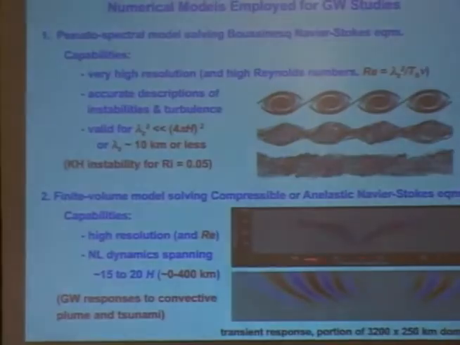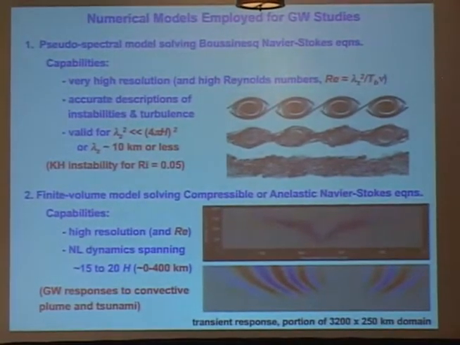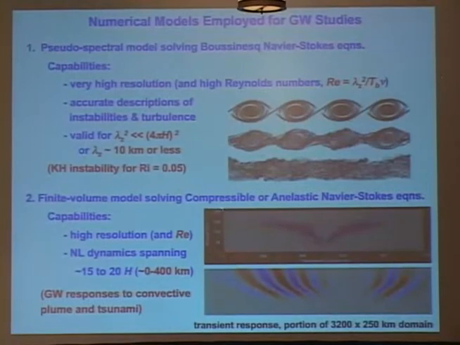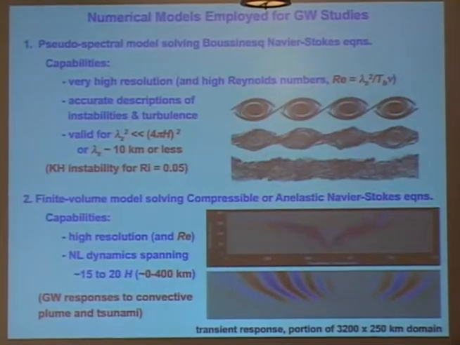This upper panel here simply shows one application of the Boussinesq code to shear instability, which is oftentimes confined to relatively thin layers. The lower examples show the temperature field that responds in the atmosphere extending from the surface up to 200 kilometers from a very small single convective plume here, of depth of about 10 kilometers.